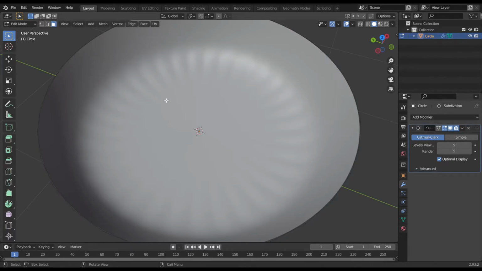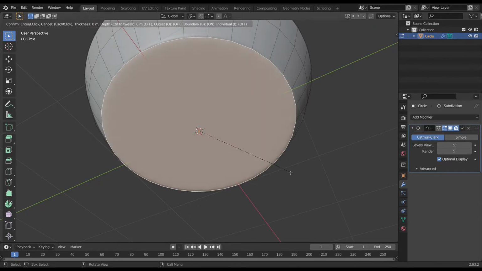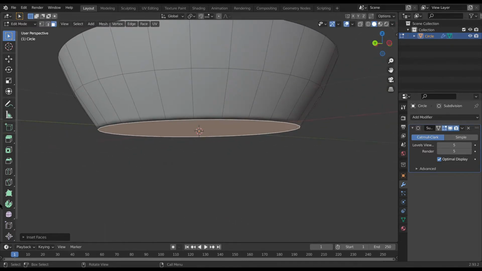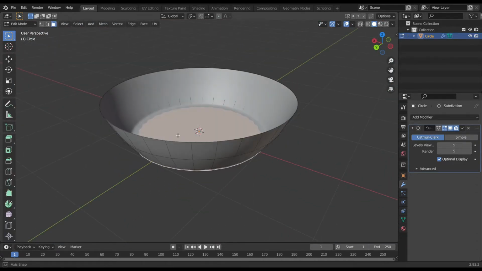To fix that, go into edit mode, go onto the bottom, make sure you're on face select mode, click on the face and insert a face by clicking I, and then scale it all the way up. Okay, so once we've gotten that, we've gotten rid of the ripples,